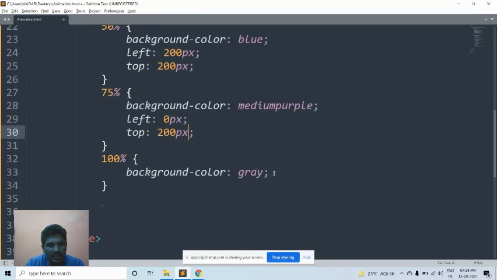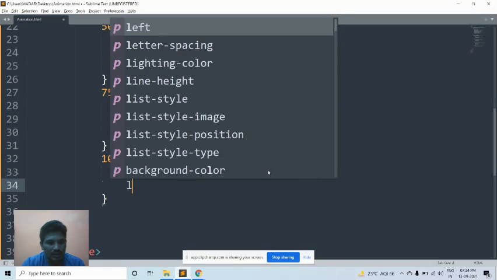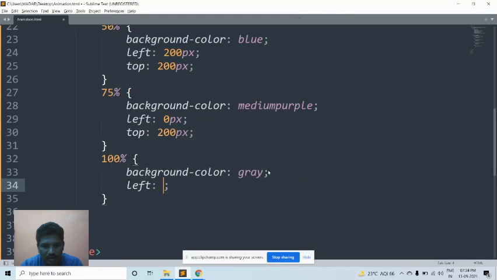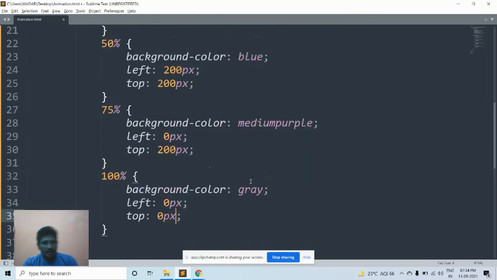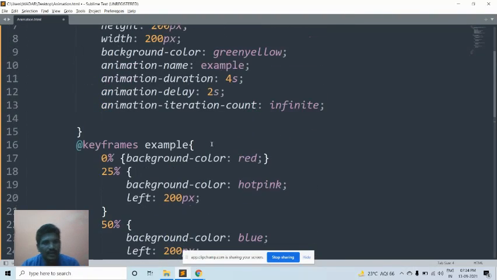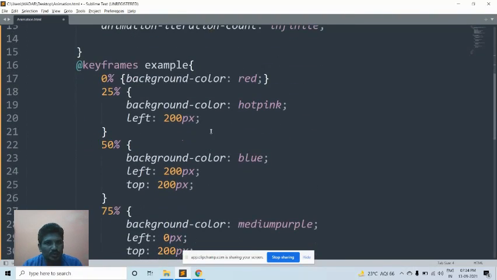Then when we come to here, left 0 pixel, then top 0 pixel. Please understand very carefully. Then how is it changed?